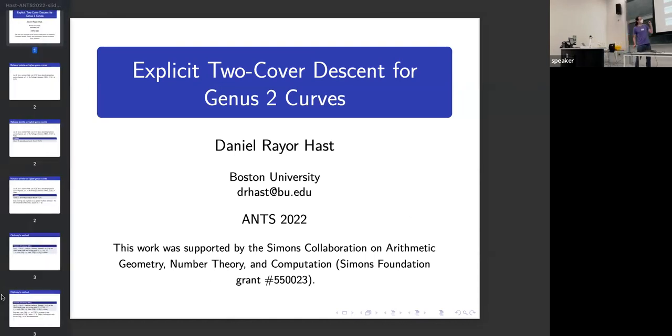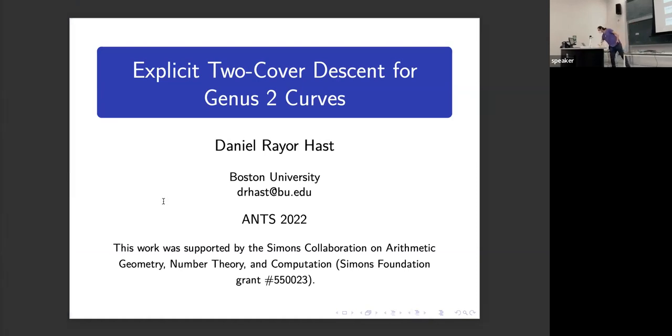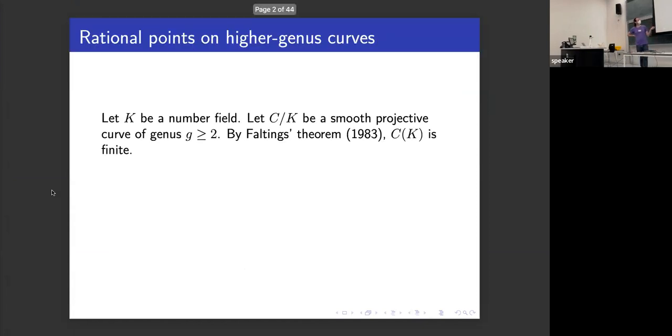Yeah, so dealing with some computational experiments in two-cover descent for genus 2 curves, in particular genus 2 quintics. So genus 2 curves with a rational Weierstrass point. So just for background, the setup is that if you have a smooth projective curve of genus at least 2 over a number field, then of course by Faltings' theorem, the set of rational points on this curve